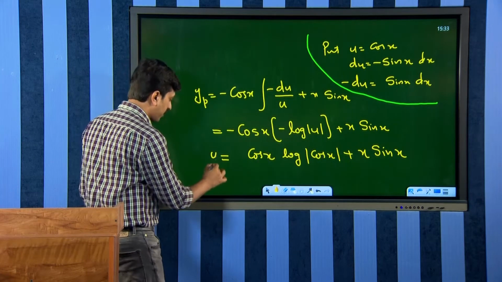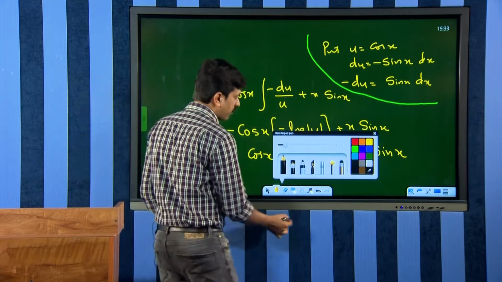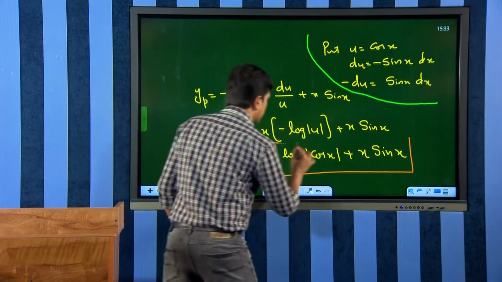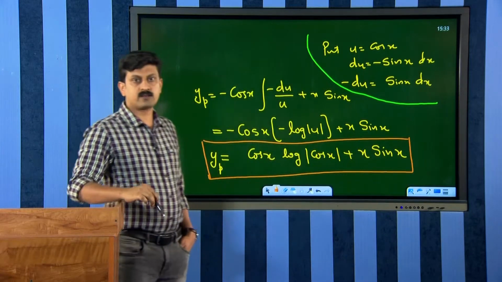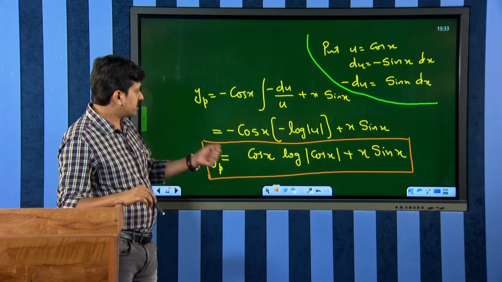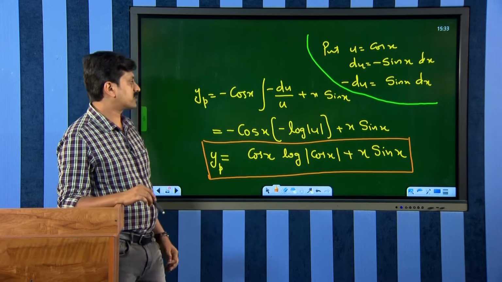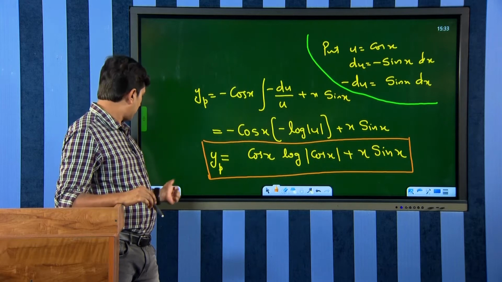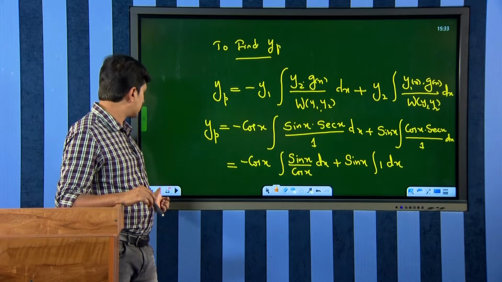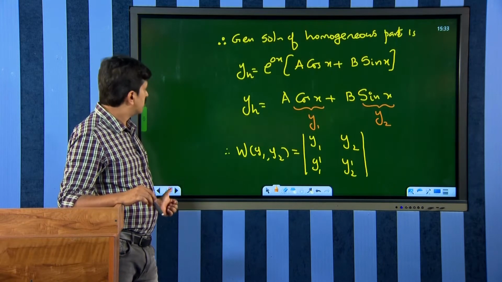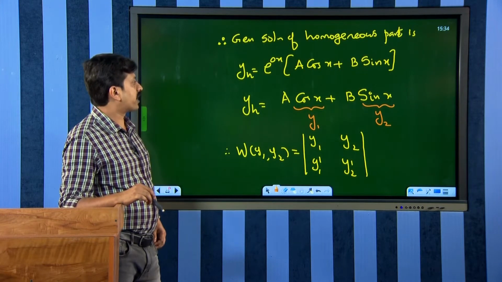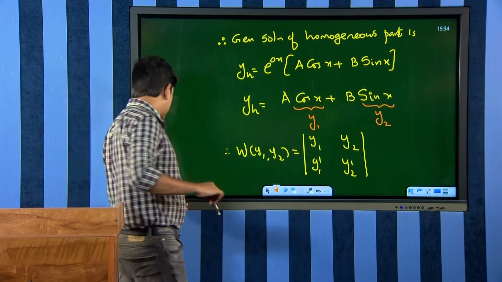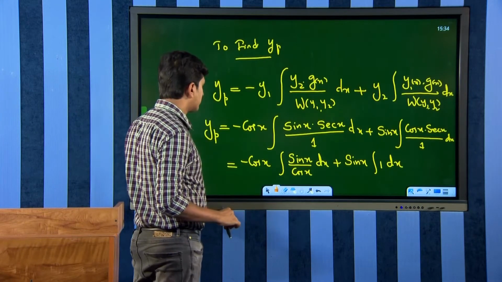This is actually yp. Now we determined our yp. So yp is equal to cos x plus log mod cos x plus x sin x. Here we have yh, which we found as yh is equal to a cos x plus b sin x. Therefore, general solution,